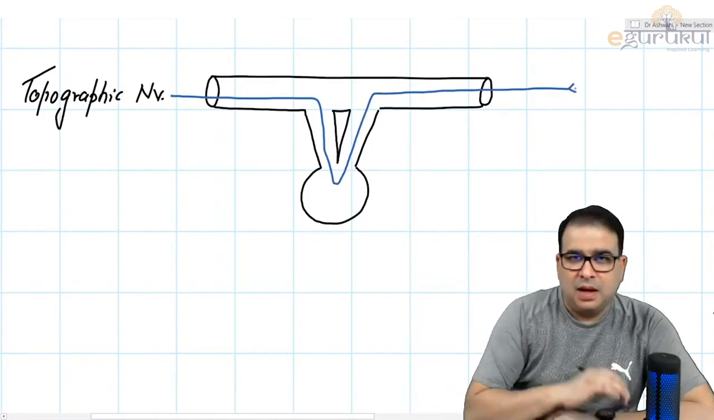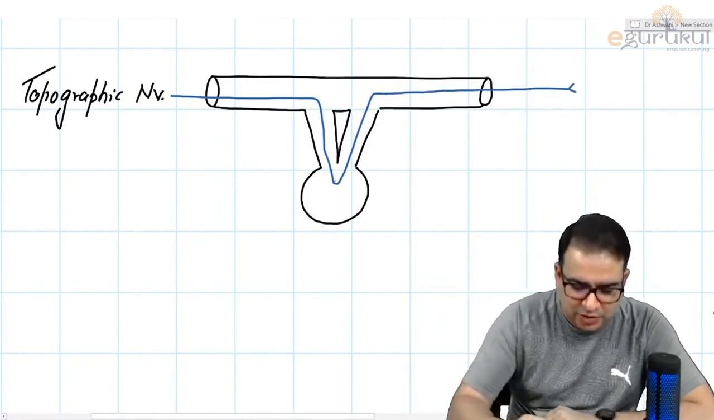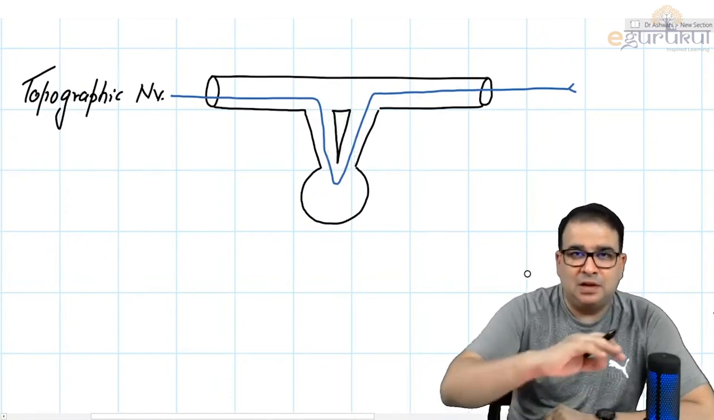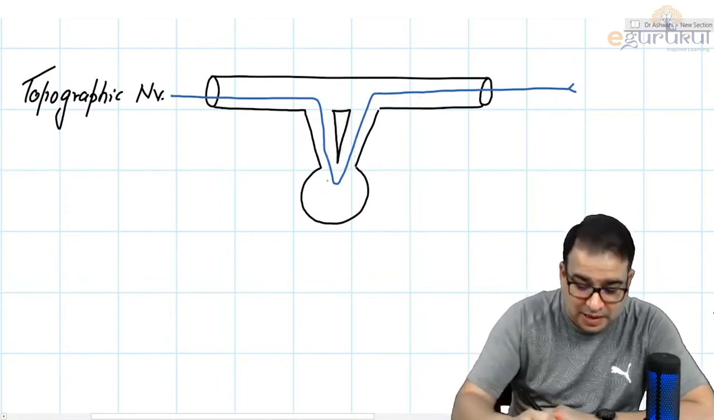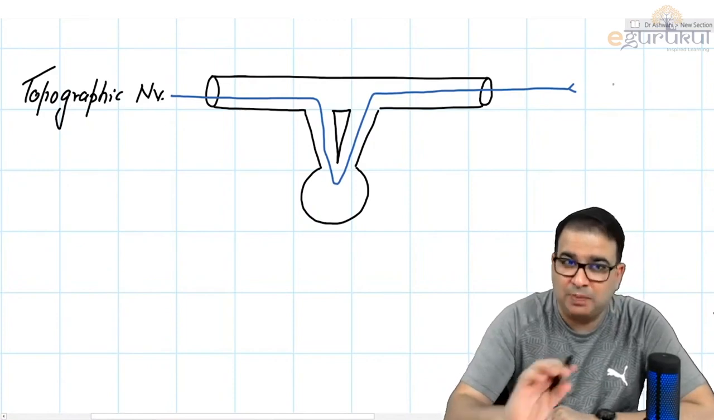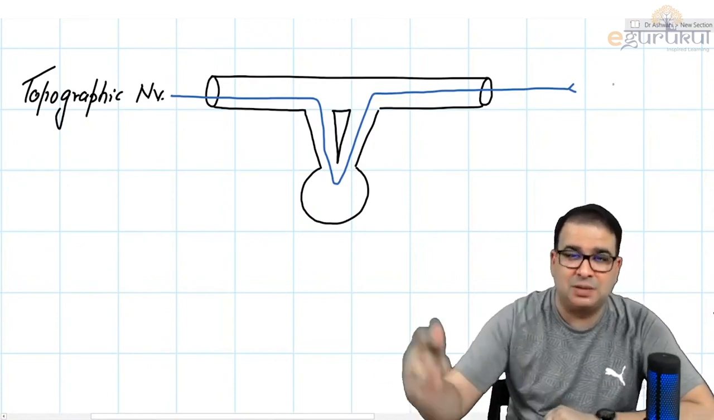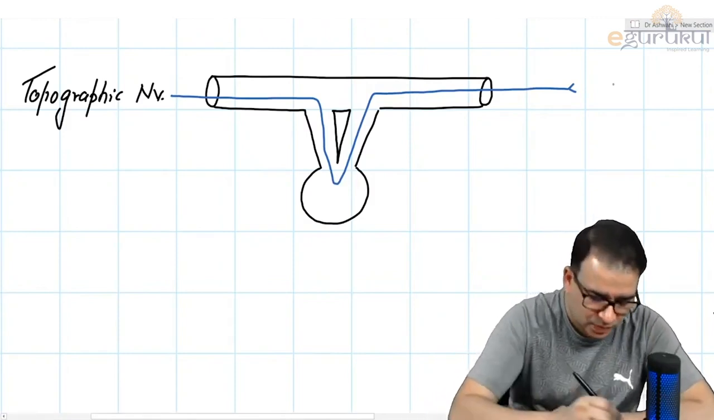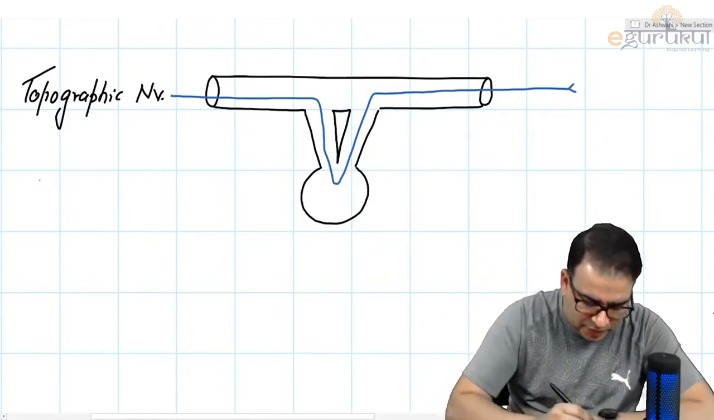Look at that. Andar gaya, bahar aa gaya. It is not relayed inside. It is simply going inside and comes outside here. Usually what should happen, the nerve should come inside, relay there, and then the post-ganglionic fiber should go out. But no, the topographic nerve simply goes in and comes out. That is a topographic nerve. Now what is a topographic nerve? We'll see. And then the second type of nerve that you will see